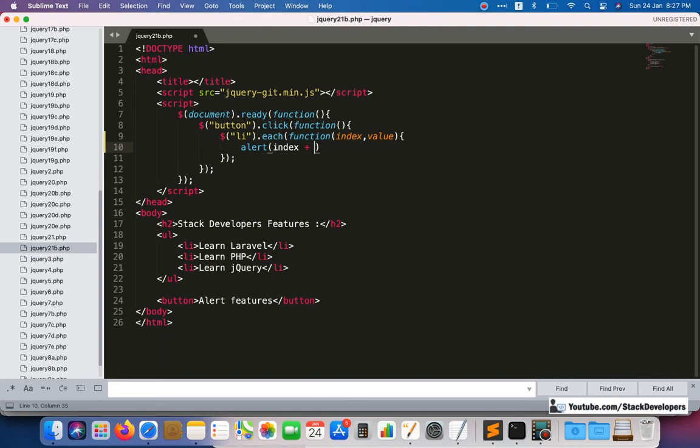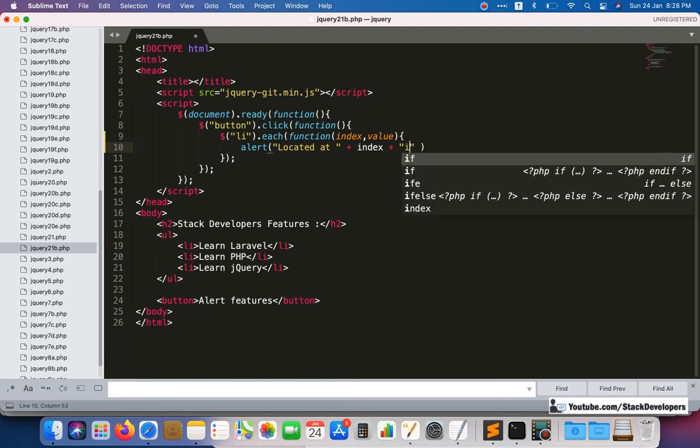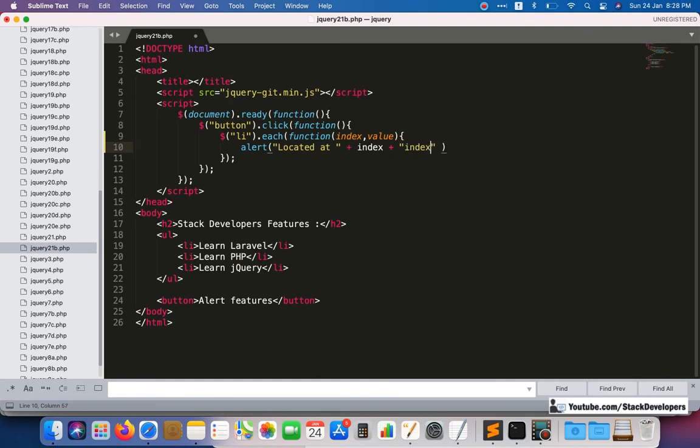First I'm going to write something like this: located at index, like 0 will come up, then the index, and value is